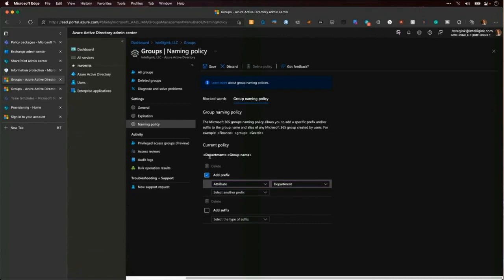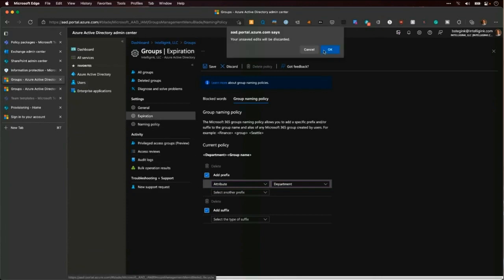So now you start being able to identify different groups or different teams that are created based on the prefix that's applied to them. Conversely, you could do a suffix. You could do a prefix and a suffix. So going in and really being able to not just have generic names in there, but put some meaning behind your Microsoft 365 groups or your teams.